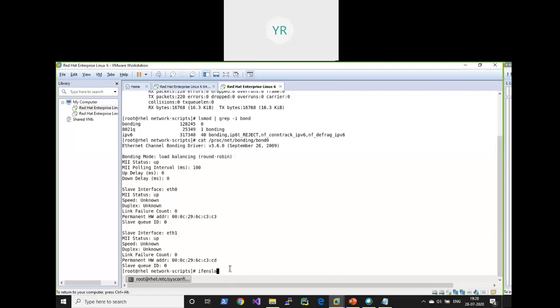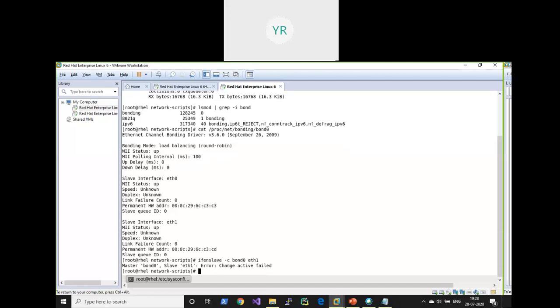ifenslave -c bond0, suppose eth1 was given. Look here, bond0: change active failed because it is in round robin mode. That's why it was happening. So to do some practice, change the bonding mode to 1. Do that. Okay, that's about